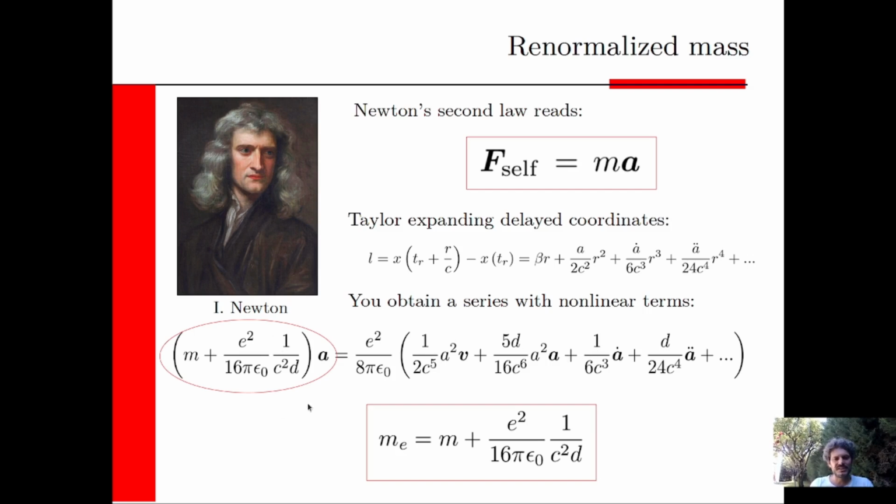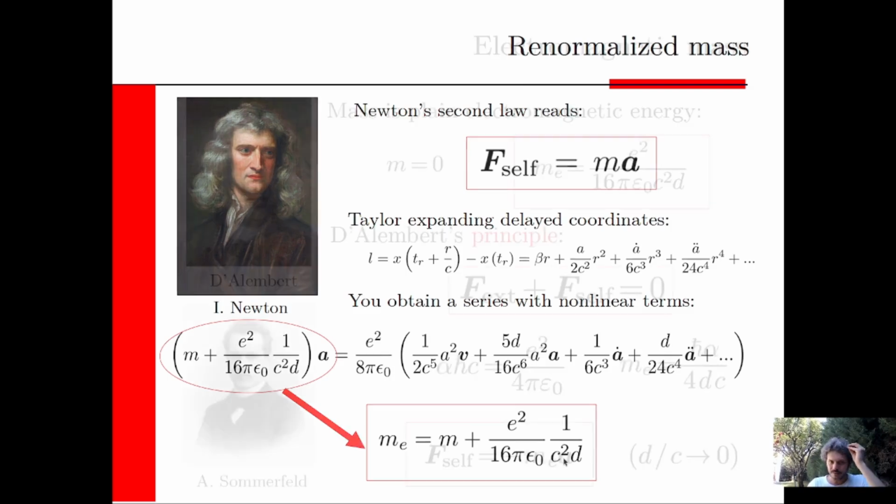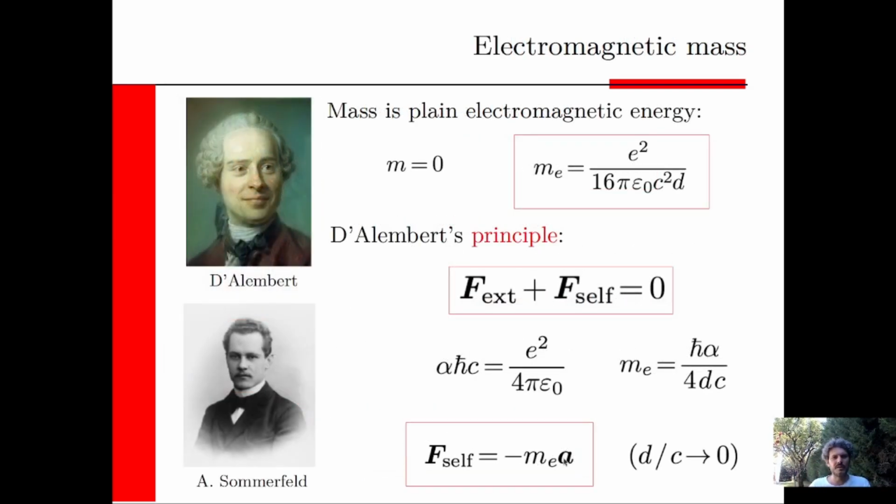But I want to stress this term, because note that we get another term of inertia coming from the electrostatic energy. Energy, as claimed by Einstein, is mass, and electrostatic energy contributes to mass. So the total mass of the system would be the bare mechanical mass plus the electrostatic energy divided by c squared. This is usually called the renormalized mass. But I want you to think differently now. Change your mind. Forget what you were told in high school, and now think that there is no mechanical mass,